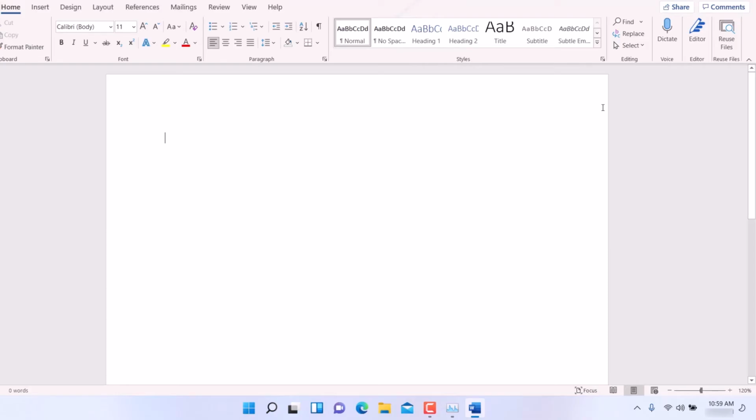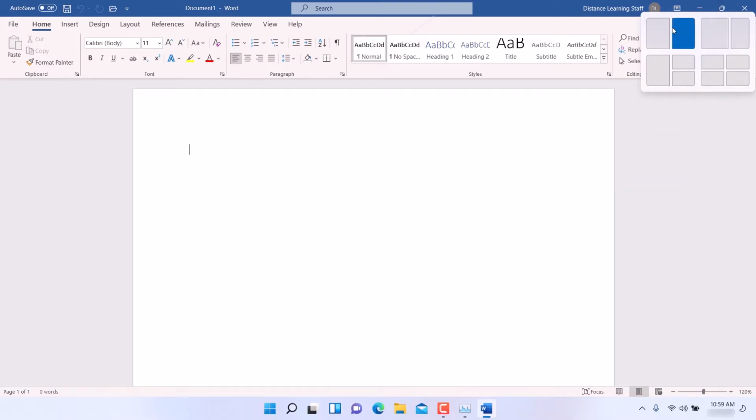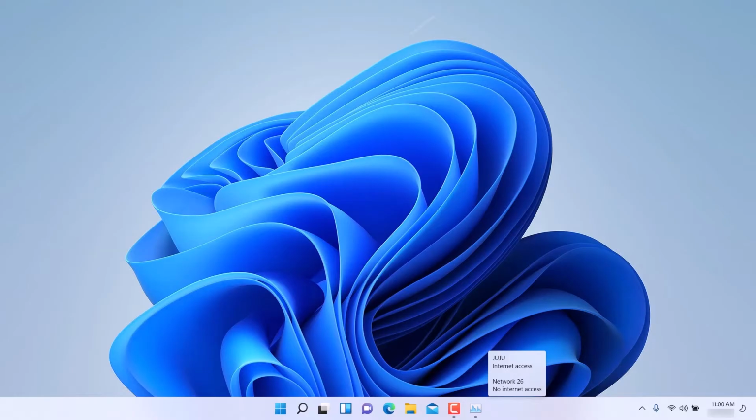With the emergence of the larger monitors and so on, now Windows allows you to resize a window by simply holding the mouse on the maximize button here for any of the applications, and you can choose a particular layout of your monitor. There are enhancements related to gaming. There is a gaming mode, also widgets. So if you click here on widgets,